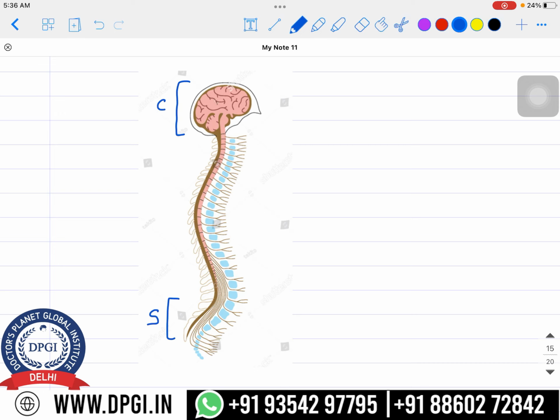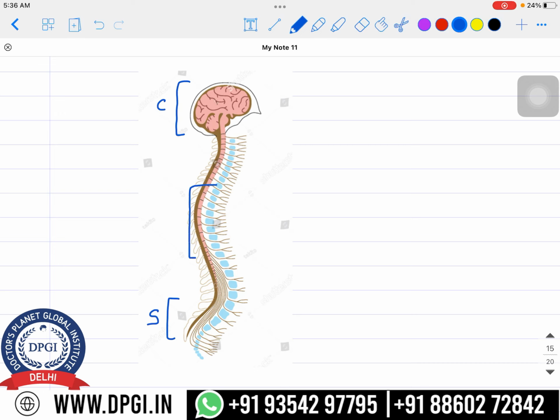Now if you talk about the parasympathetic nervous system, basically it originates from two things in our nervous system. From the brain it's the cranial part, and from the spinal cord it's the lowest portion, that is the sacral region. So combinedly we are saying that the parasympathetic nervous system fibers originate from the craniosacral region as far as our nervous system is concerned. The fibers will come up from this region.